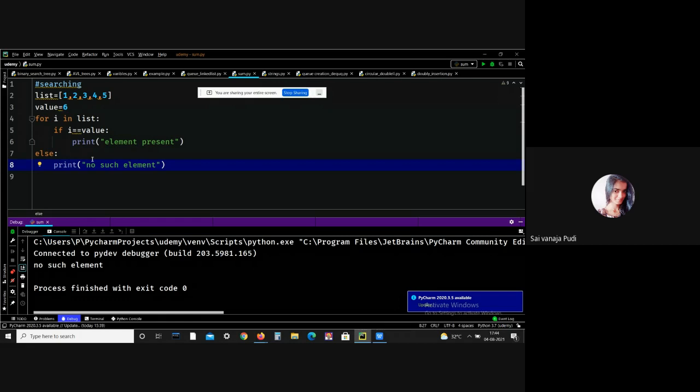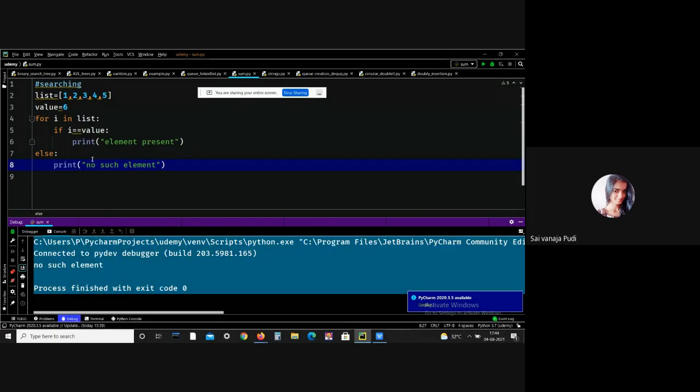Now I want to explain some Python list operations. In strings I explained some string operations, that is concatenation and repetition. In lists also there are some operations: repetition, concatenation, membership, iteration, length, etc. Let me explain what all these are.